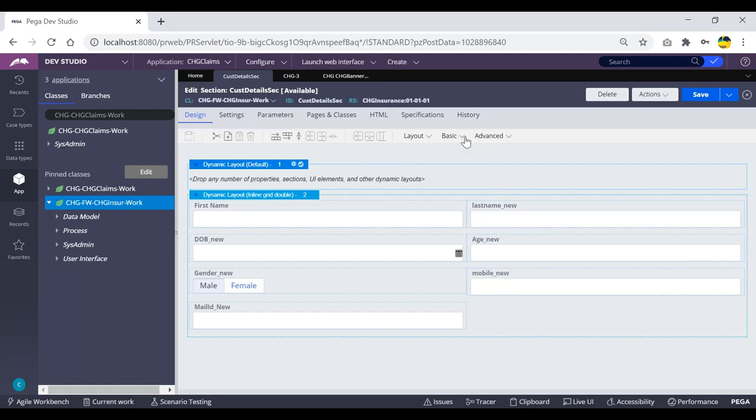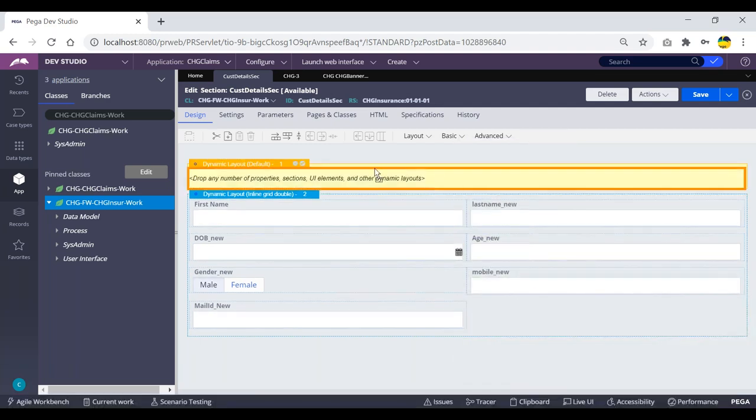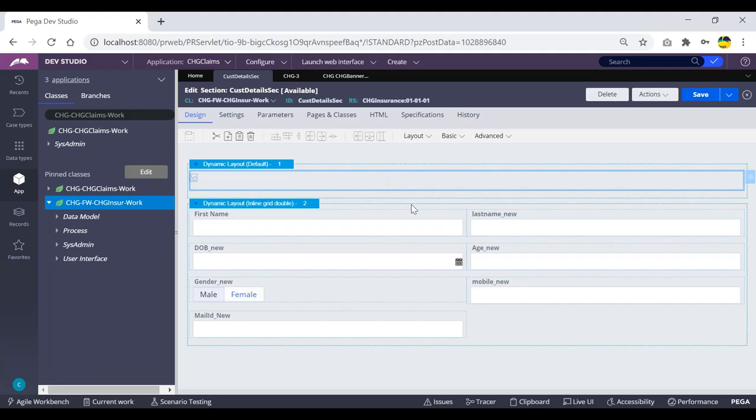From the basic, we can drag the controls. So for the image, I want to take icon here and put it in the first position. Okay, so one image thing has appeared, and this image has to be given the binary file which we have created just now. So double click on that,